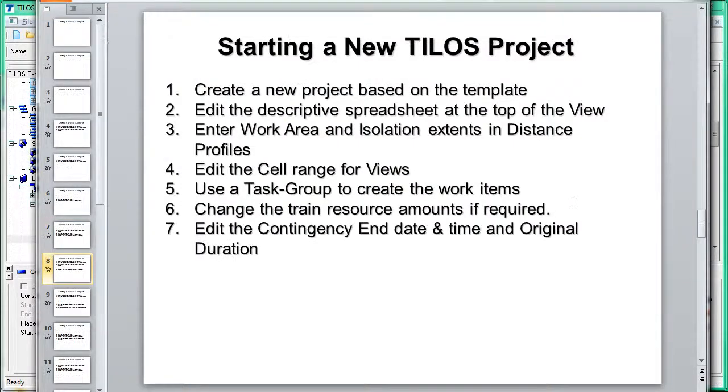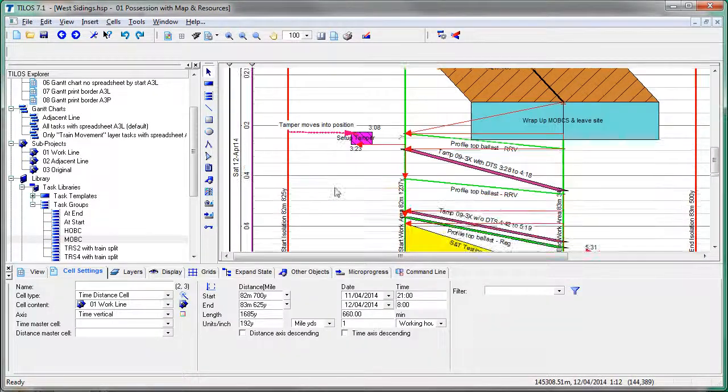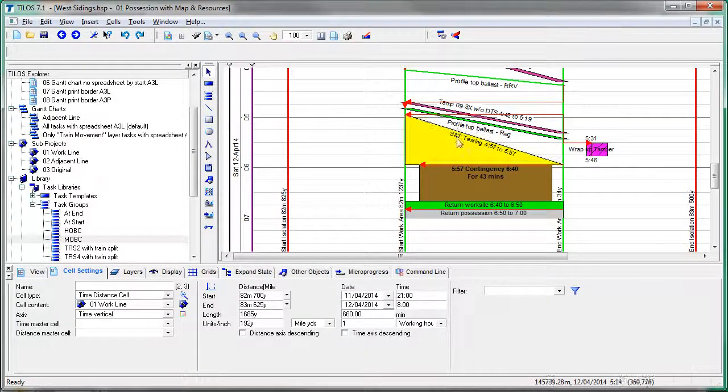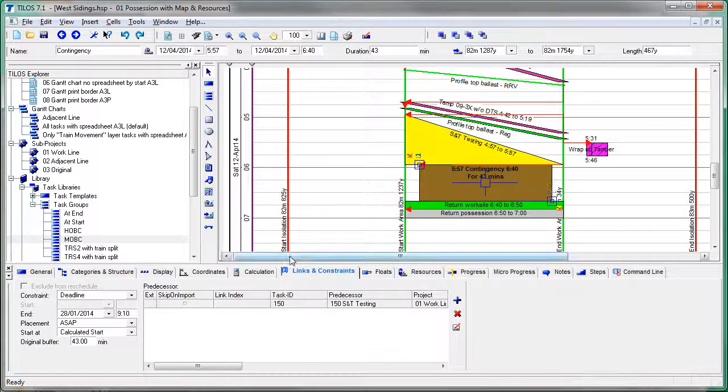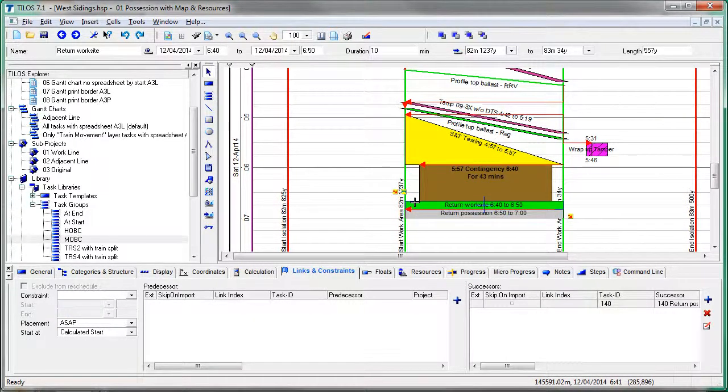So the next thing we're going to do is edit the contingency end date and time and the original duration setting. So we go back to TILOS. We've now introduced a contingency item in between the S&T testing and the return to work site. What we need to do is select the contingency item, go to the links and constraints tab, and what sets the end of the contingency item is this date and time, and it defaults to a date. We need to change that so that it's the same date and time as the